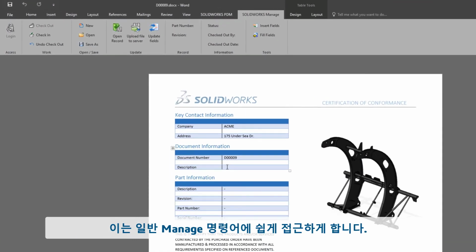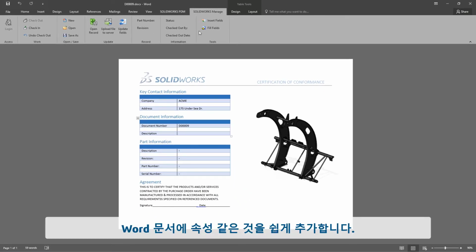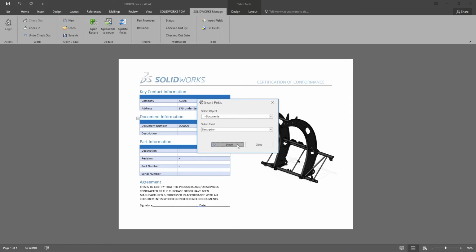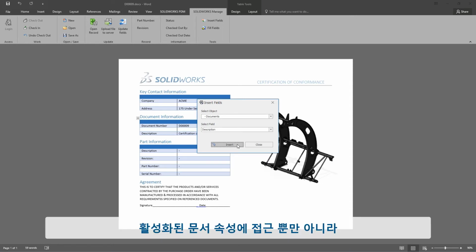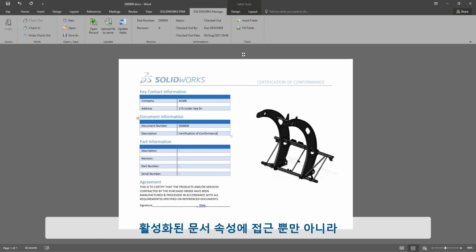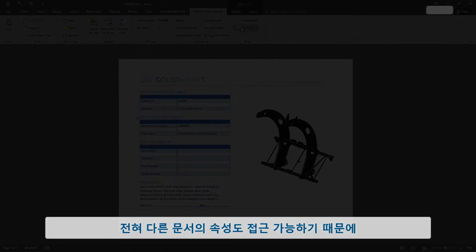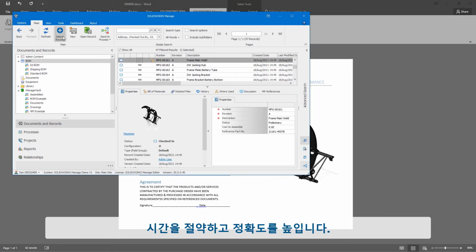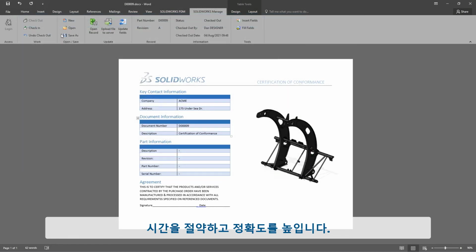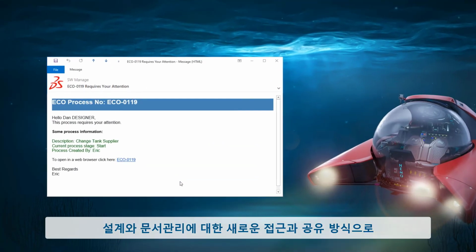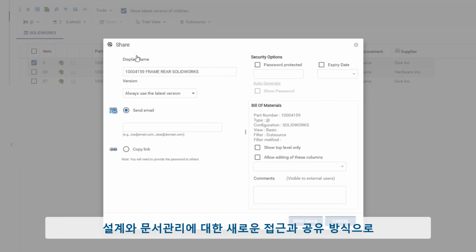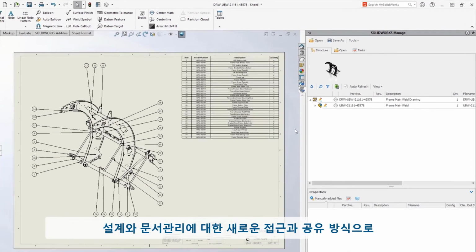This add-in provides convenient access to common Manage commands. Document properties like the description of this Word document are easily added. In addition to referencing the active document properties, you can also access the properties from a completely different record, saving time and ensuring accuracy. With new ways to access, share, and document your designs,